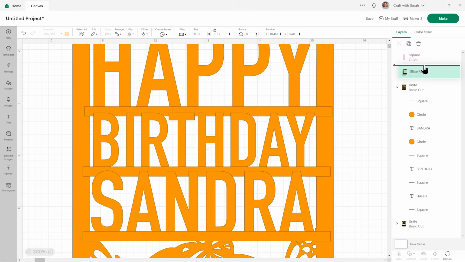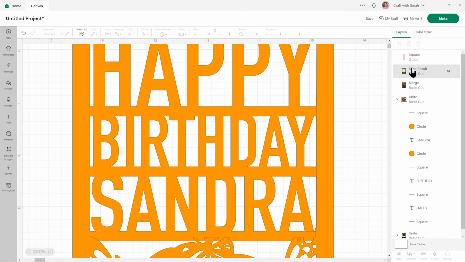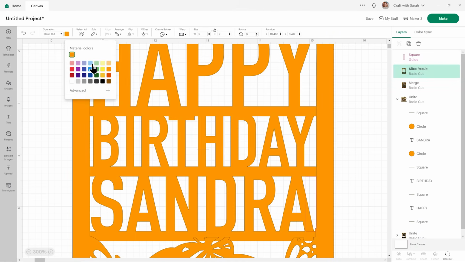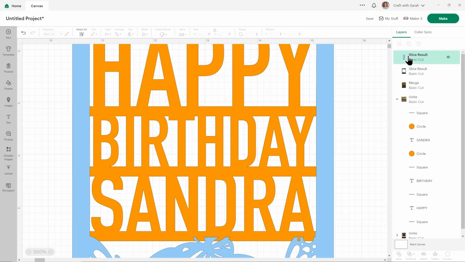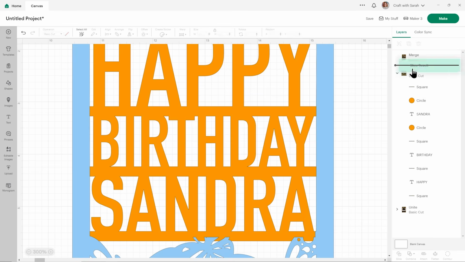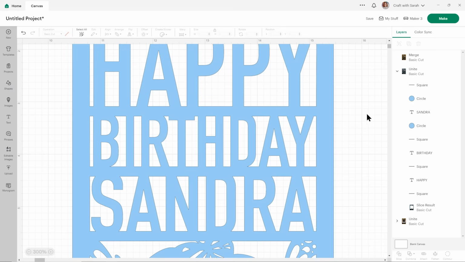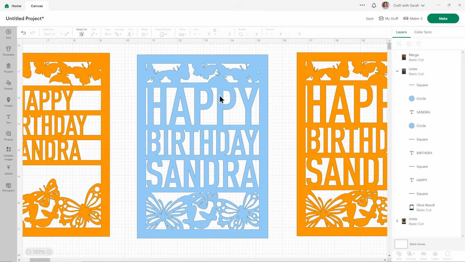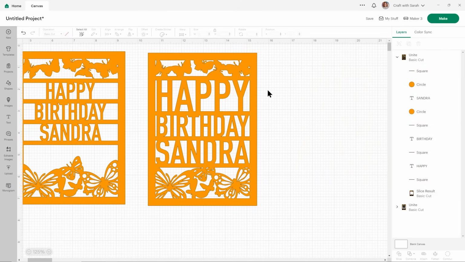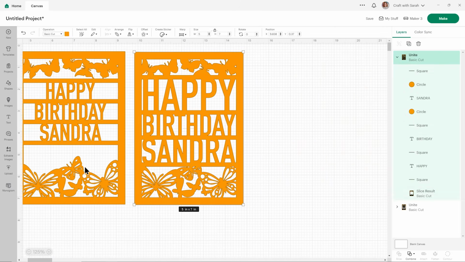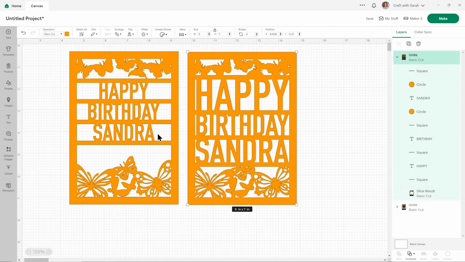So I'll just drag my background out of that unite. You can see if I change colour, it's separate now. And slice. That's a bit neater. Then drag that back into the unite. It's all gone blue now, but that's fine. We can change colour. You can change the whole unite in one go. I'll delete that one because we've got it over here. And that is your two different ways of adding the words to the existing designs.